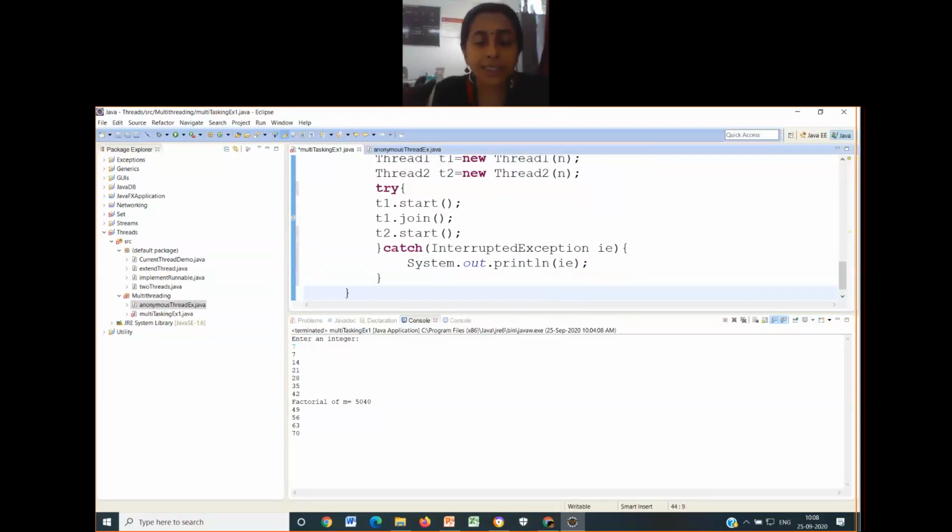Okay, you can see that the error which was there has gone. The reason for that is that join also requires, similar to the sleep method, InterruptedException. Why is it required?